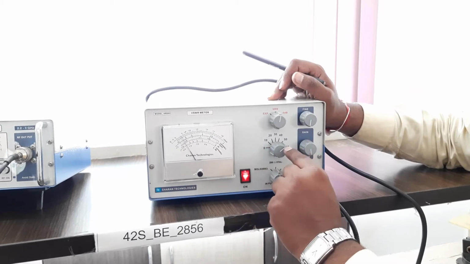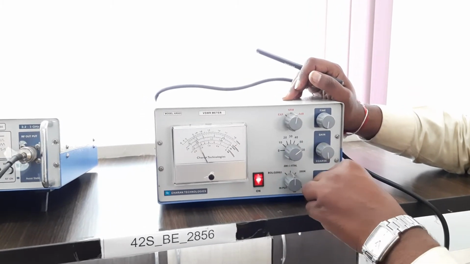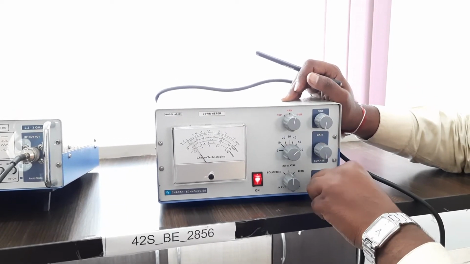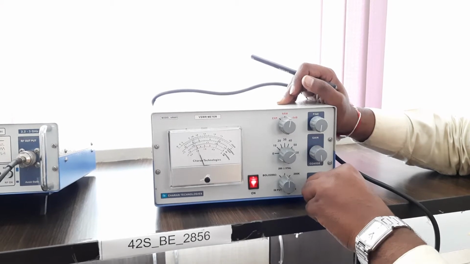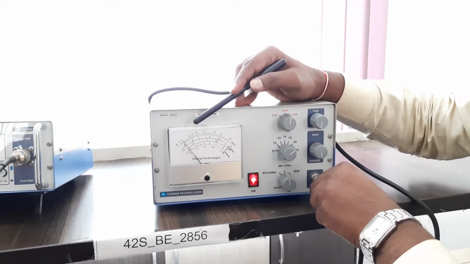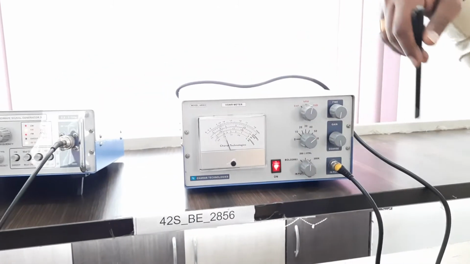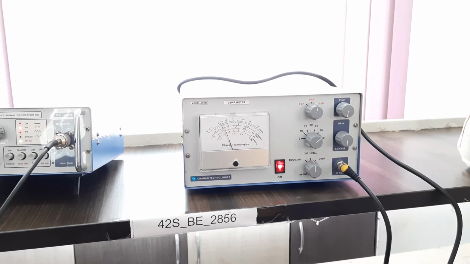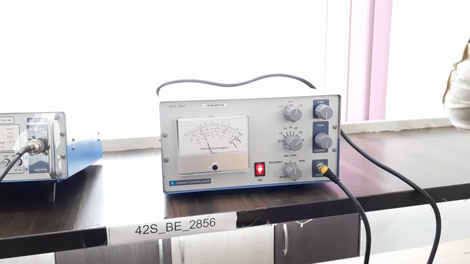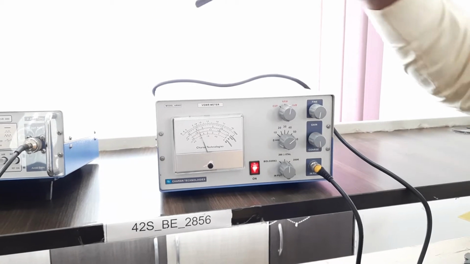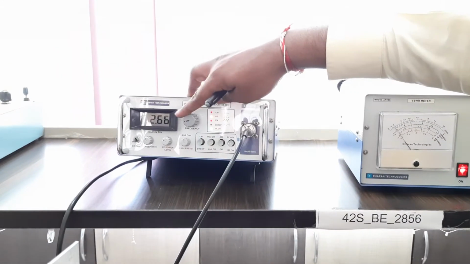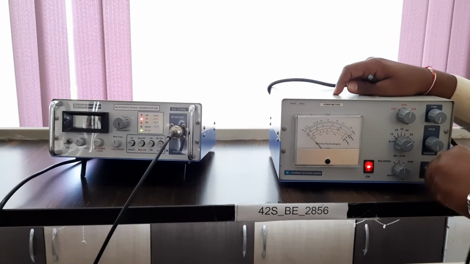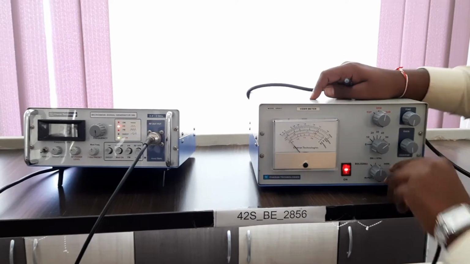Okay, so we can see that when I keep it on one particular value, it's displaying some value over there. You can see that there is a deflection in the scale. This is the direct power measurement. This is the power which is generated by the source and which will be fed to the different components. If I rotate the frequency, there can be slight variations observed, but generally that variation won't be present.